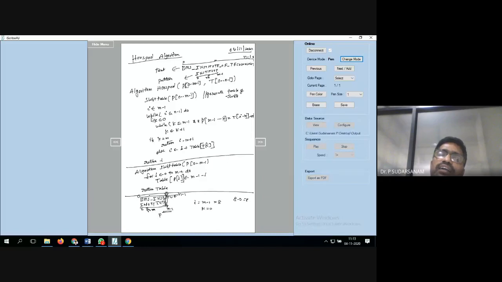So here, while i is less than or equal to n minus 1, do. The i value can move up to n minus 1. k is equal to initially 0. I have already told you twice how to write this. While k is less than or equal to m minus 1 and P of m minus 1 minus k, the last location, equals the corresponding element in the text, which is T of i minus k, if both are matching, k equals k plus 1. Now k plus 1 is 1, so m minus 1 minus 1, so m minus 2 will be checked. Like this it will keep moving.